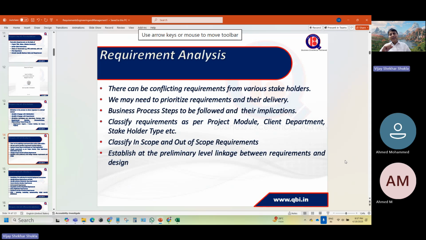Then identify at the preliminary level the linkage between requirements and design. Requirements dictate design. A simple analogy from the automobile industry: if I am to have a vehicle which has to run at a top speed of 250 kilometers per hour, it may have a different engine, a different chassis. Similarly, if we want a software for which there are, for example, 5 million concurrent users,